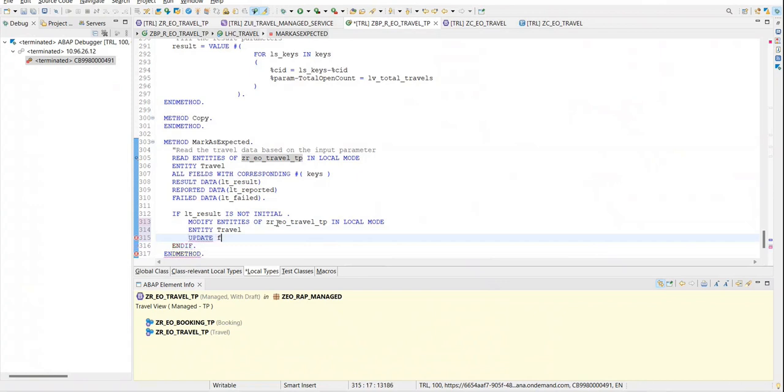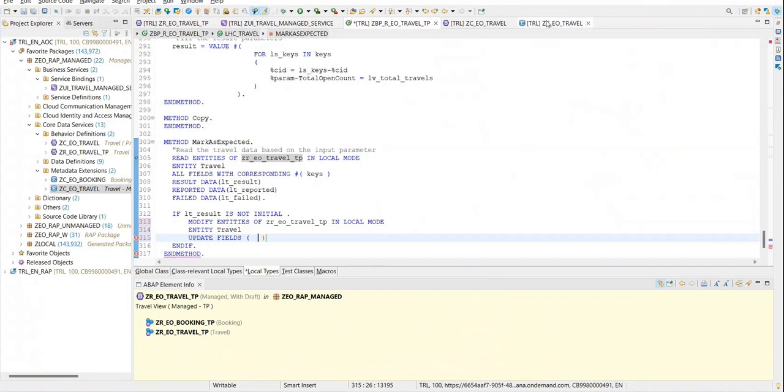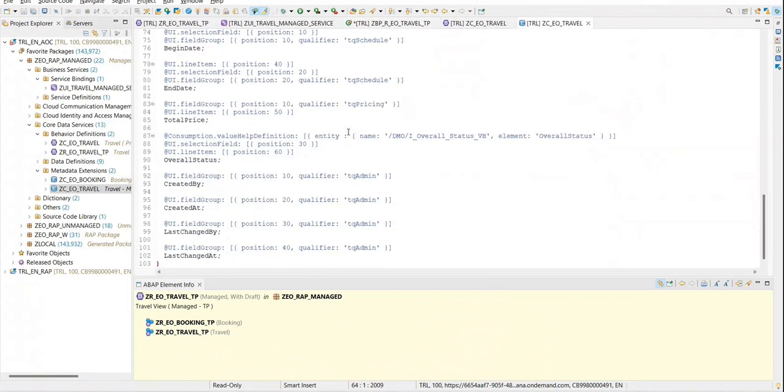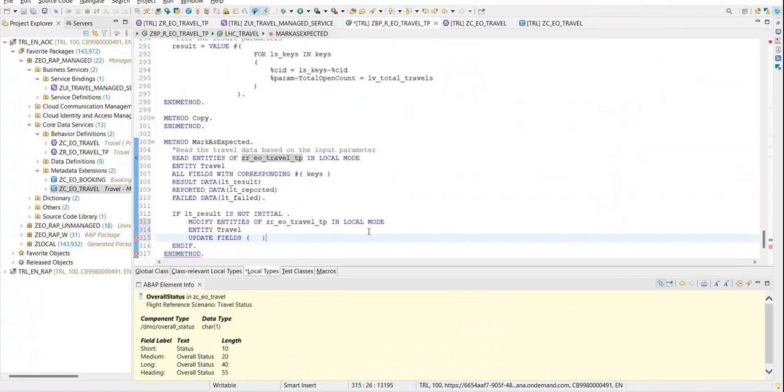So I'll just say I want to update the fields, which is nothing but, for example, overall status. So let's just try to get the name of that particular property from the metadata extension itself. Here we will have it somewhere. So here we do have it. Copy it and just say overall status. This is something that I'm planning to update. Now,